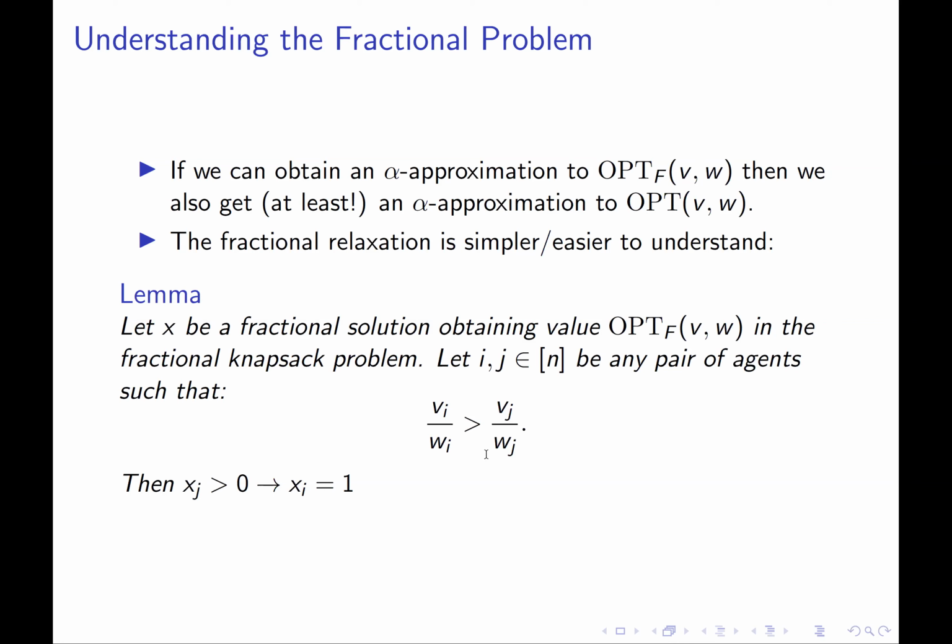Okay, and it's telling us something about the structure that an algorithm for computing the optimal solution must have, right? It must sort bidders by their value density, by Vi over Wi, and then greedily start allocating capacity in order of this value density. Because if it does anything else, it'll result in a violation of this property, that there will be some lower density bidder j who will receive some allocation before bidder i has been fully allocated. And that's what this lemma is saying cannot happen.